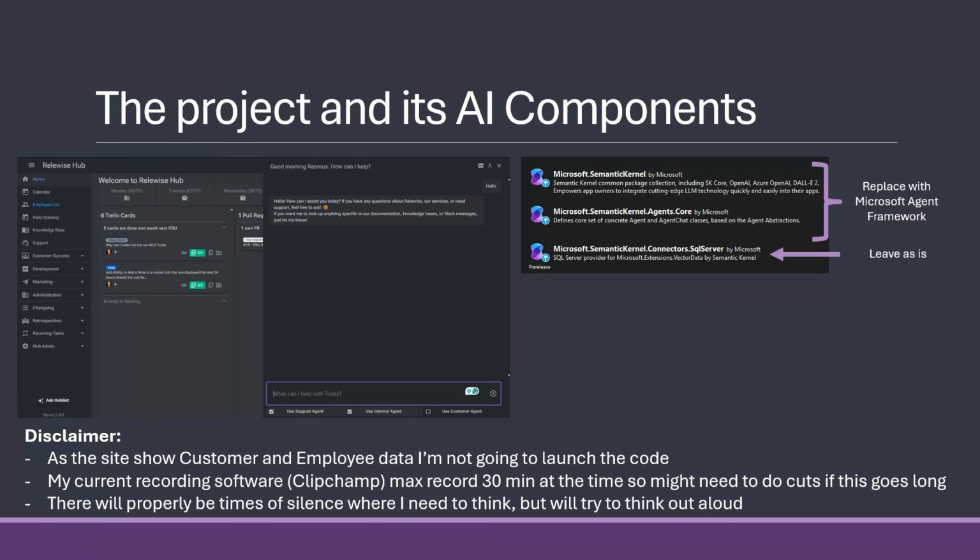So that will be left as is. So all the RAG stuff, all the embedding stuff and stuff will not be moved at all. So that certainly makes it easier, but that's just the way it is.